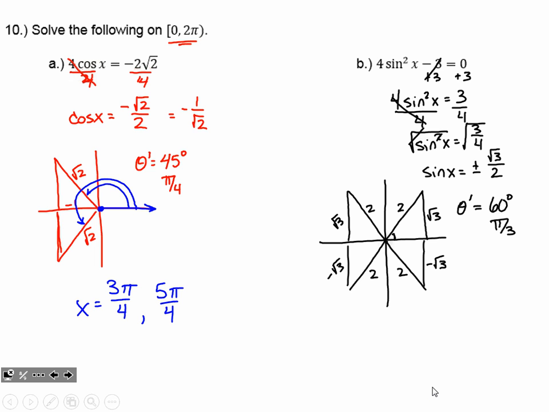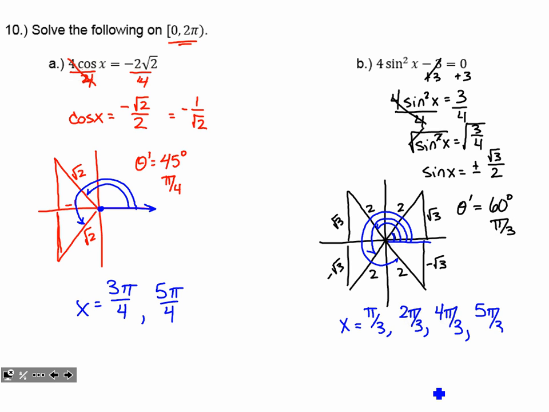All right, so what angle leads me to each solution? Well, if I start on the positive x-axis, what leads me here? That would be pi over 3. What leads me here? That would be 2 pi over 3, right? Just falling 1 pi over 3 short of that axis. I go here, that would be 4 pi over 3, just overshooting the axis. And the final one, falling 1 pi over 3 short of a full circle, 5 pi over 3.